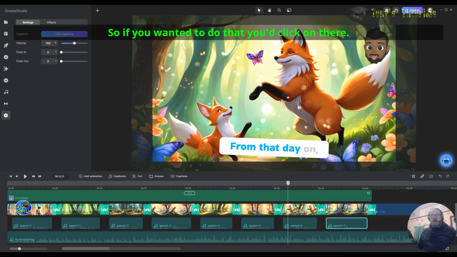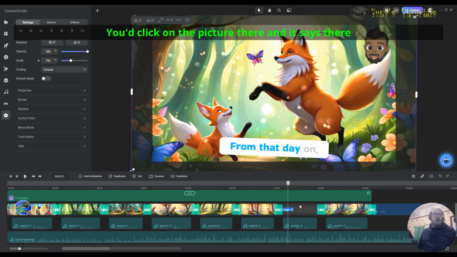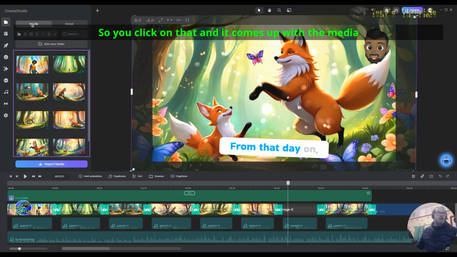So if you wanted to do that, you'd click on the picture there, and it says, look, there's a thing here, replace with image. So you can replace this image with another image. You click on that, and it comes up with the media folder. So you just need to